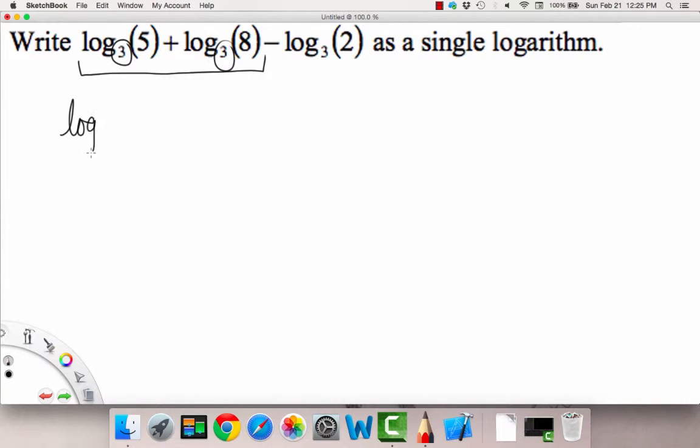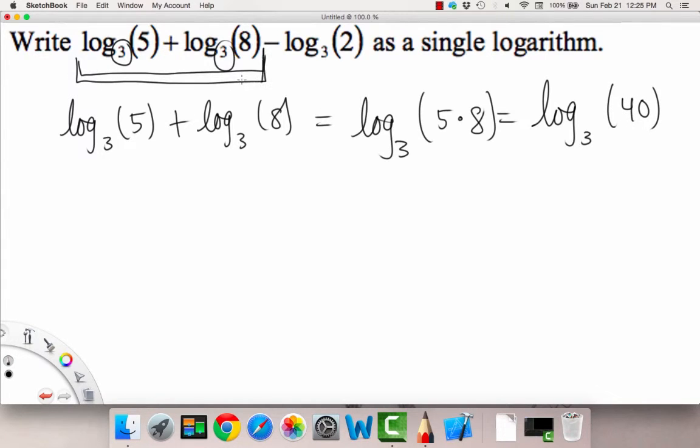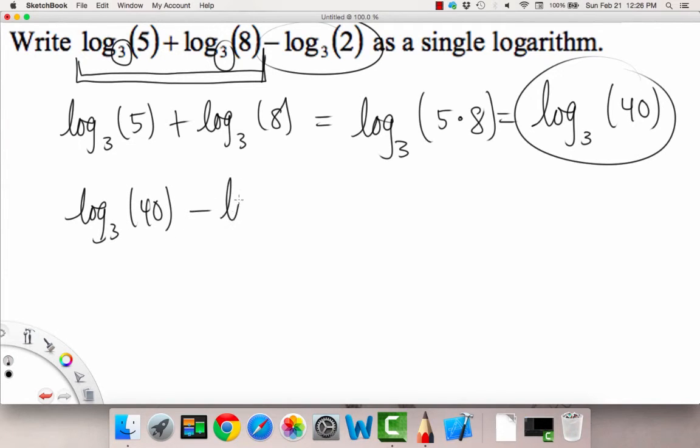So according to the sum of logs property, we have that this plus log base 3 of 8 should be equal to, because we have the same base on our logarithm, log base 3 of 5 times 8, right? So when we do this, we get log base 3 of 40, okay? So that was just combining these two logs, okay? So now we have this, and then minus this, okay? So log base 3 of 40 minus log base 3 of 2,